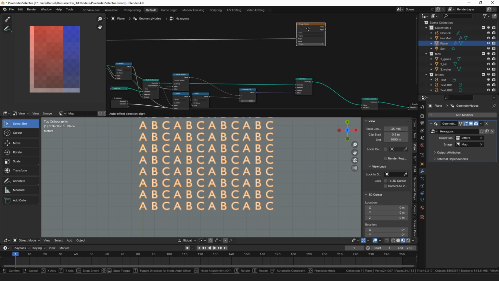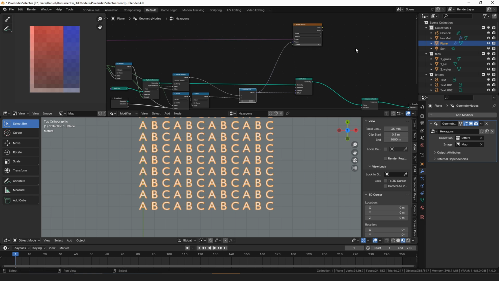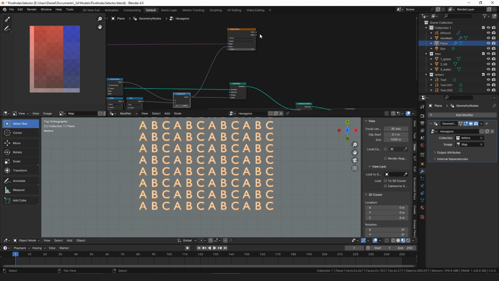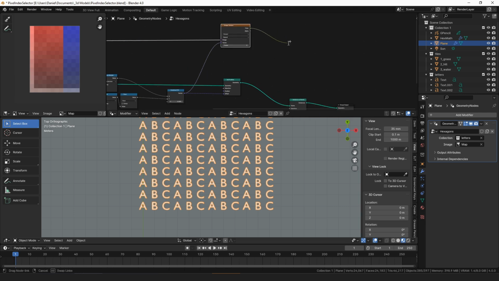And we need to sample a pixel off of this. And to do that, we can use our XY coordinates. We probably want to set the sampling to closest. And then let's take this color value and we'll see if it equals something. And let's say if it equals red,